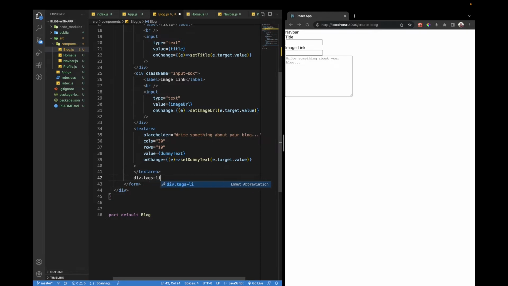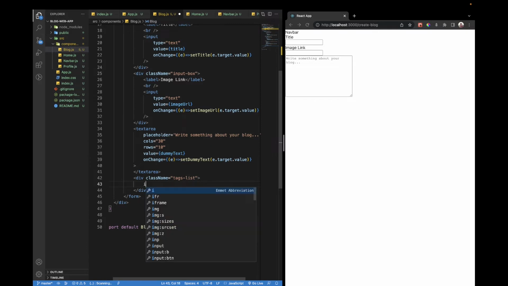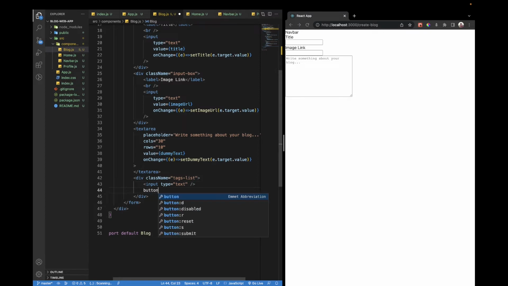set the tags list, and inside this div we have two options, which is the first one is input box, and the second one is a button, which is type of button. Okay, add this button. Okay. And add text. So yeah, and for this input let us add few more things, which is